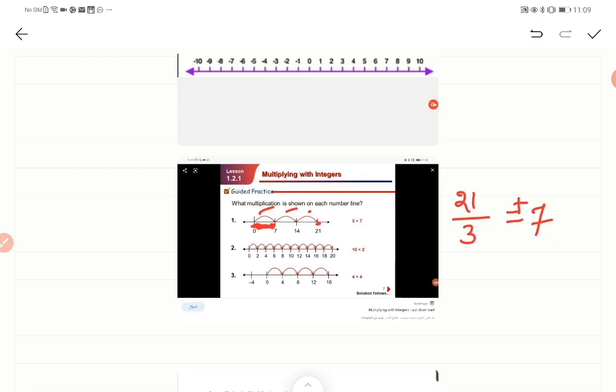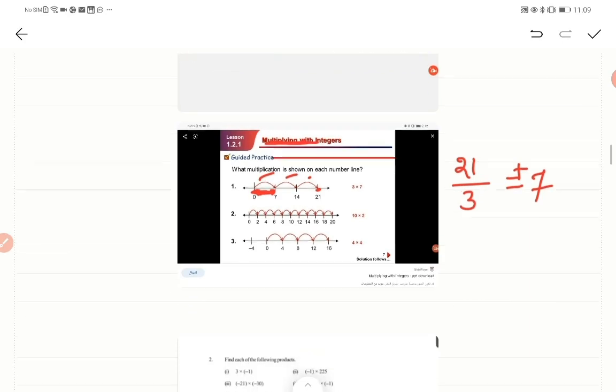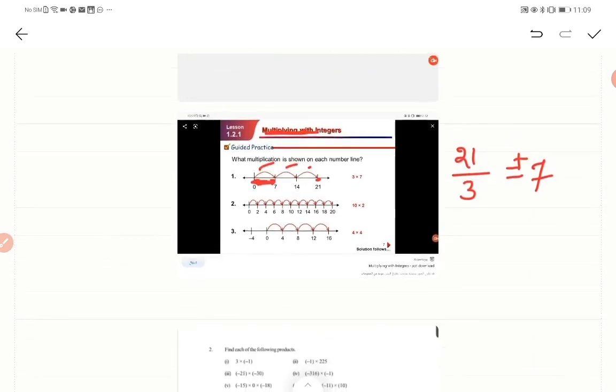So the division in this hop will give you the answer. If you are talking in terms of division, this was for the multiplication of integers that we had seen before. Tell me, what would this be? If you take hopping 10 times, it had reached 20. So 20, when hopping 10 times, what is the answer? How many divisions do you have in between here? Steps, it is 2. So 2 is your answer from the